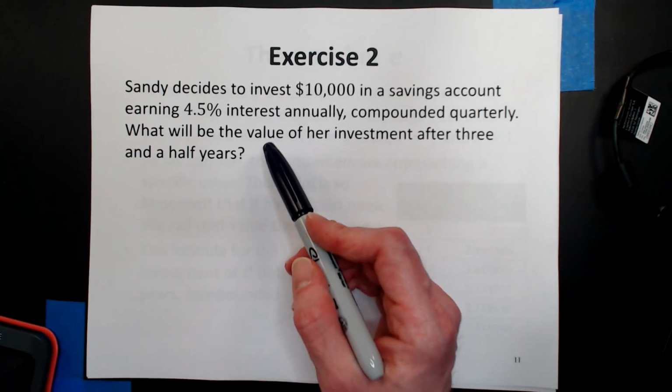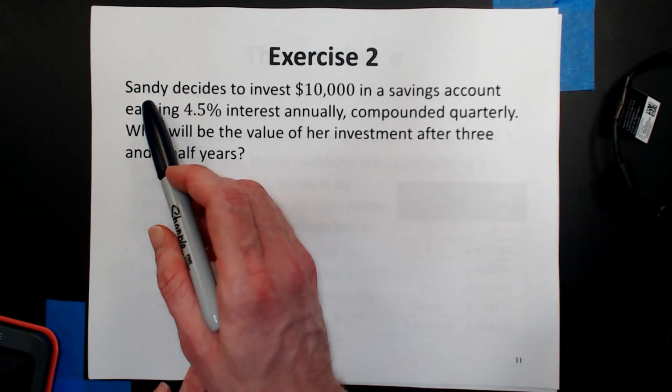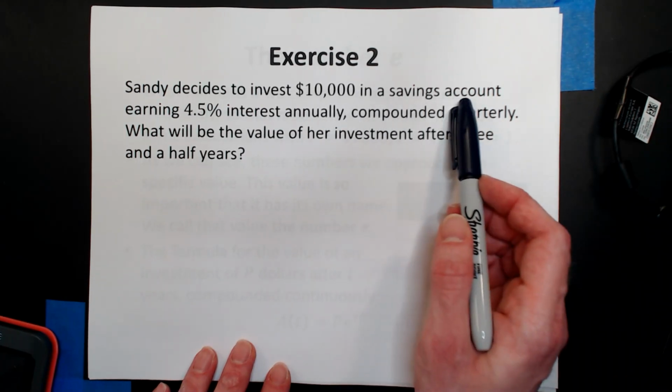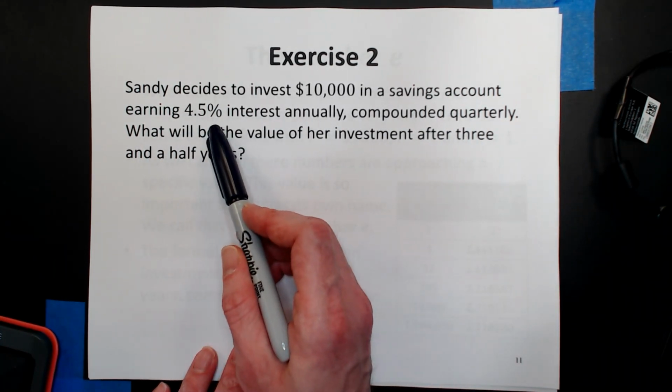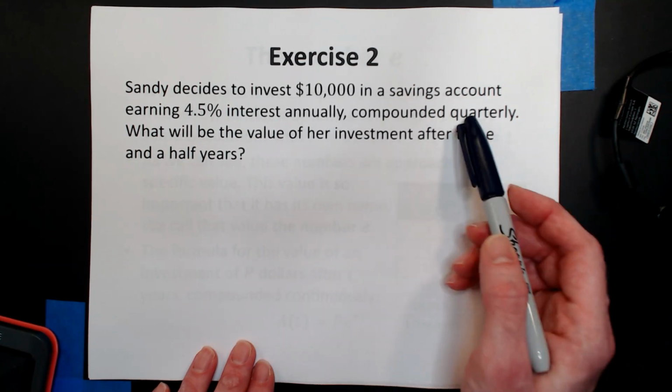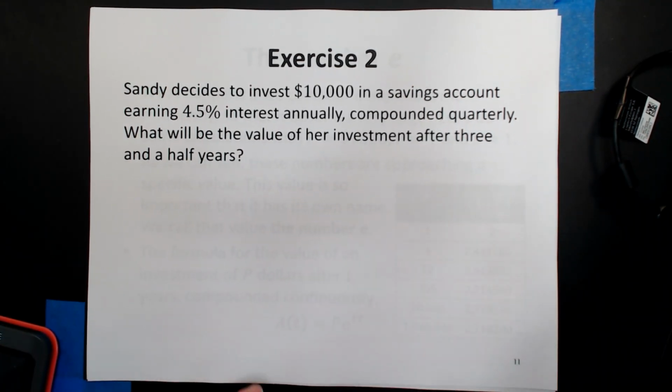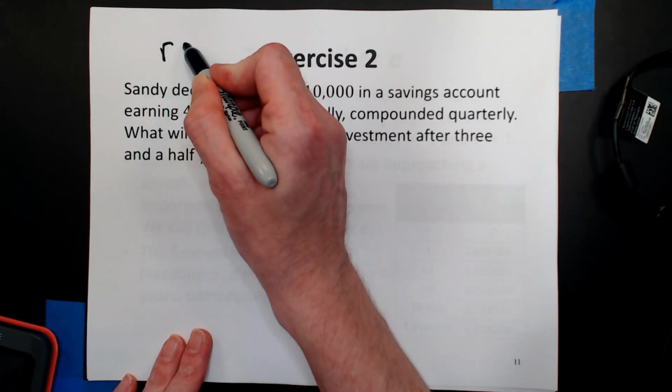So Sandy decides to invest $10,000 in a savings account, earning 4.5% interest annually, compounded quarterly. So that's 4 times. So let's write that down. So the rate is going to equal